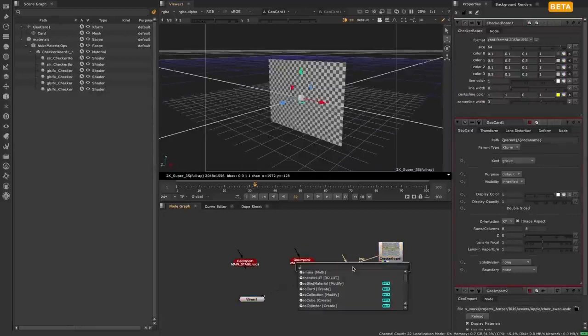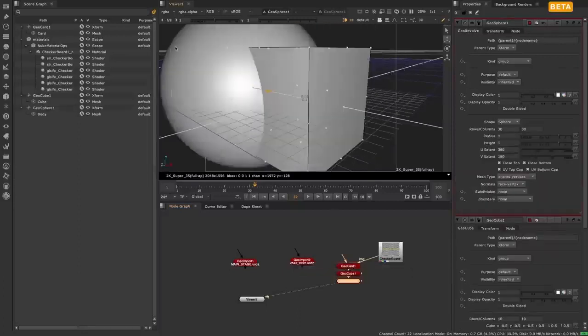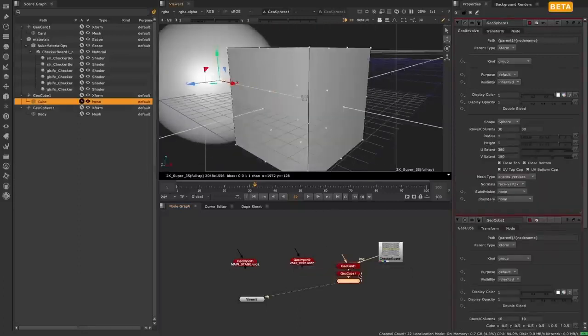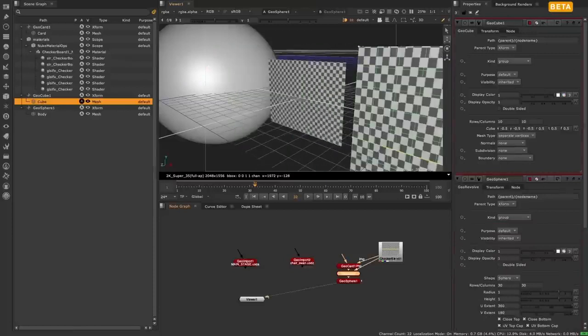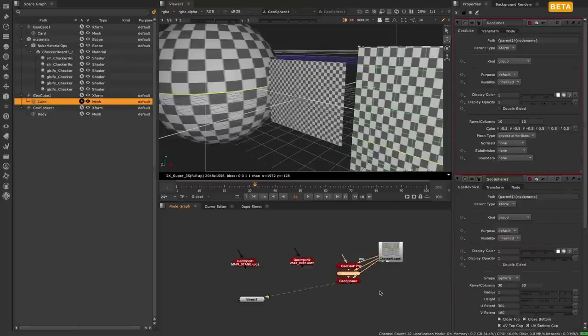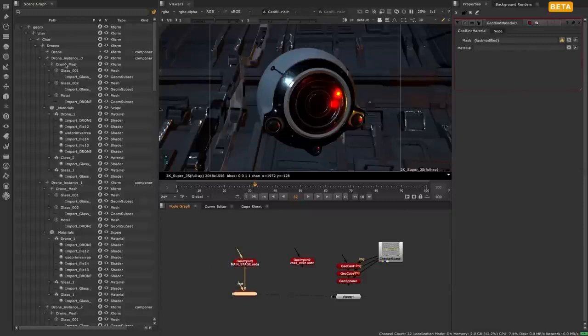Core workflows with materials and shaders have remained consistent with the classic 3D system. You can use the image input, which is now a hidden input to the right of the new 3D nodes, to allow for node stacking without the need of a merge node, and then you can quickly apply a texture or material to your geometry. Or you can use the new GeoBind material node to create more advanced setups and utilize materials that already exist